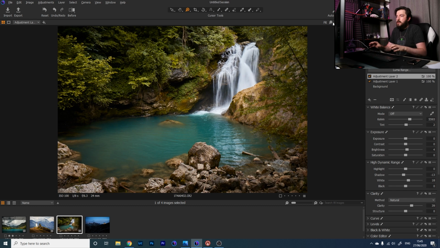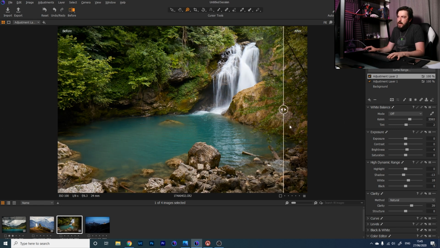If you use global adjustments too much in your landscape photography, then it becomes very clear what you've done to the image. But this is much more subtle. This is the scalpel rather than the mallet way of editing, which I think is good. So again, I think I'm at a point where I've done most of the edits that I want to do, and if we have a look before and after,